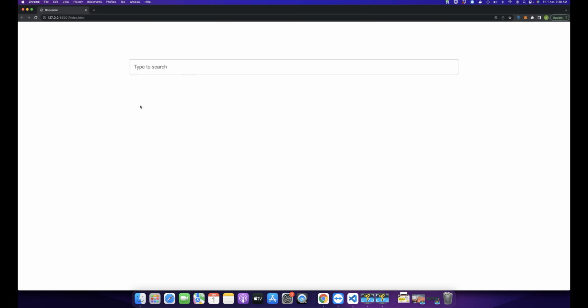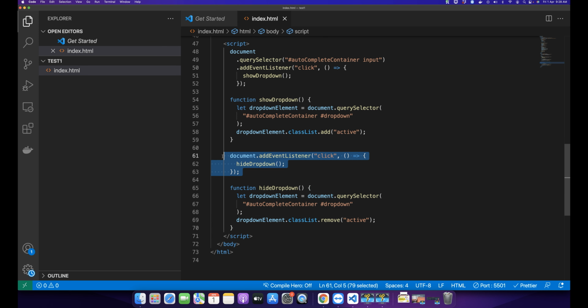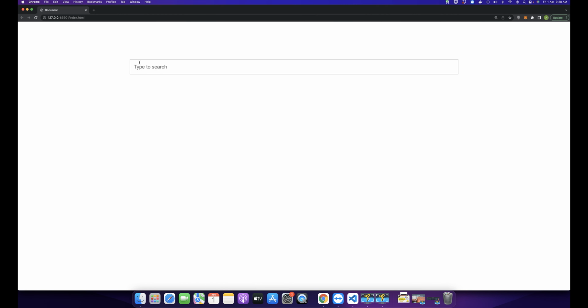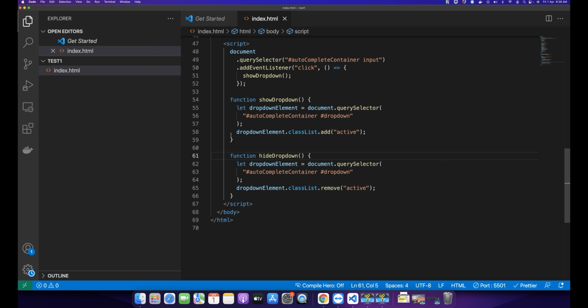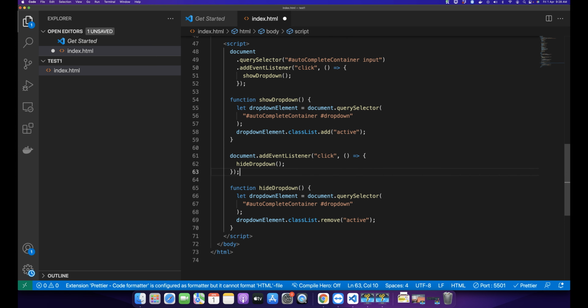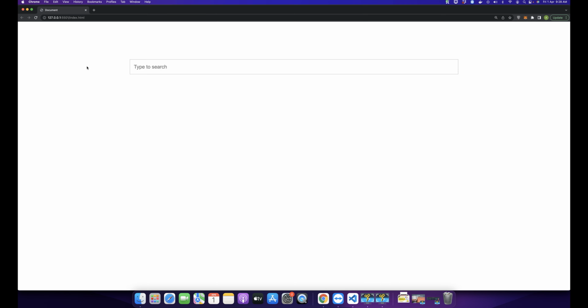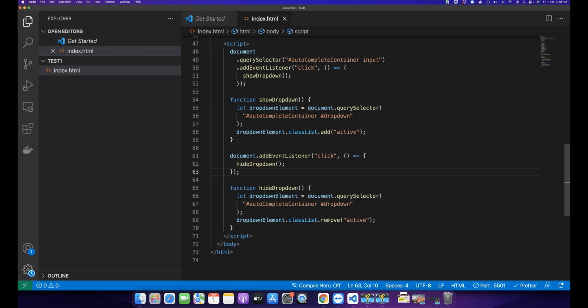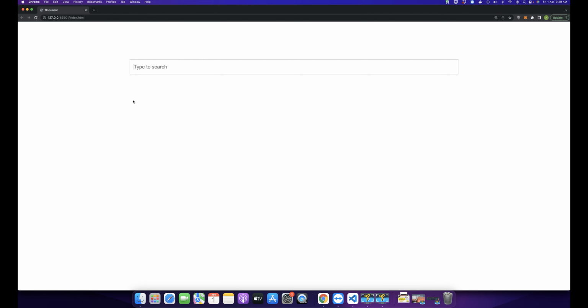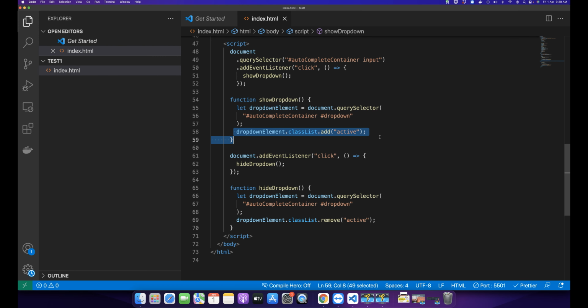Okay, I'm clicking now. It stopped working like before. It was working perfectly before adding this code, but now it is not working. As soon as I remove this code, it is working fine. So let's try to understand what is happening and why it is not working after adding this event listener. The issue is that when you click on that, our code adds a class active on it that